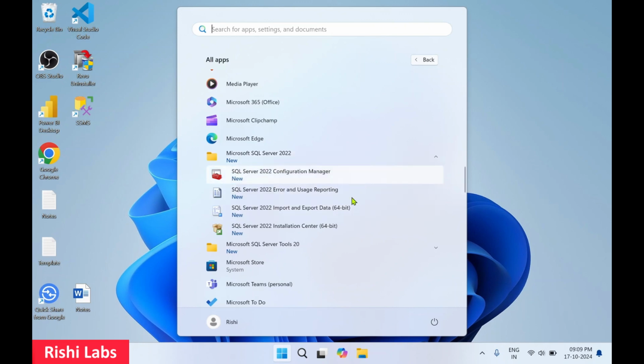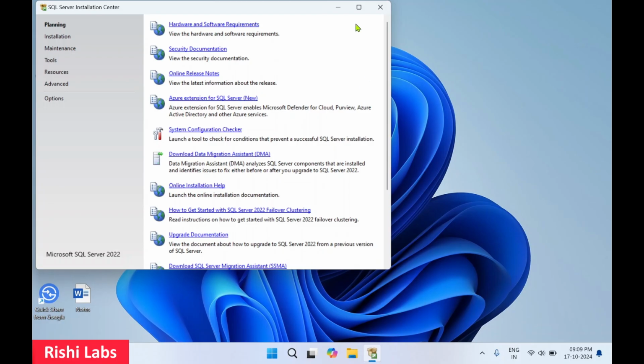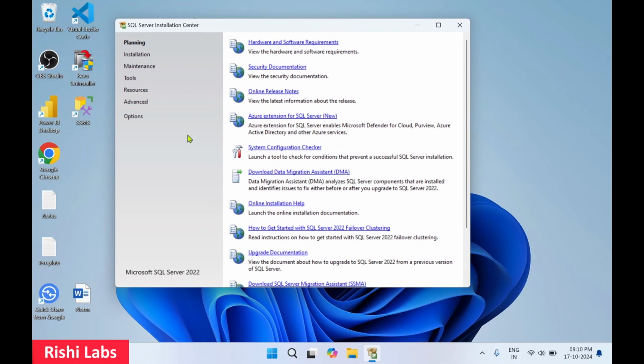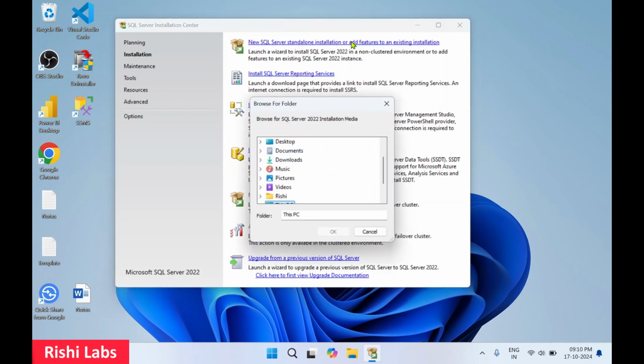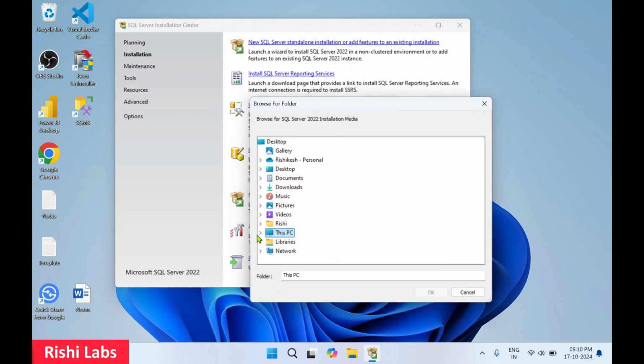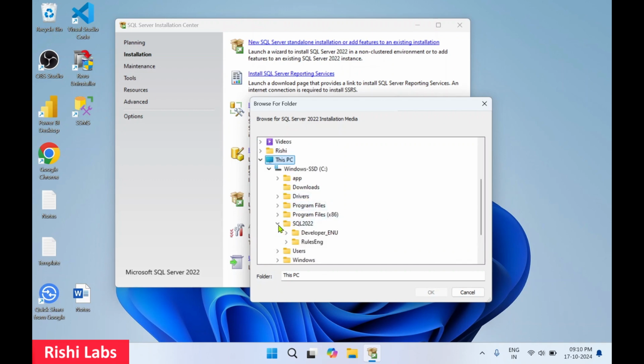Now in this directory, you can see SQL Server 2022 Installation Center 64-bit. You need to click on that. You'll get a pop-up, select yes. On this page, you need to click on installation. Over here, click on the first link, new SQL Server standalone installation or add features to an existing installation. Now expand this. You need to select the directory where you have installed SQL Server. I'll expand this and look for SQL Server